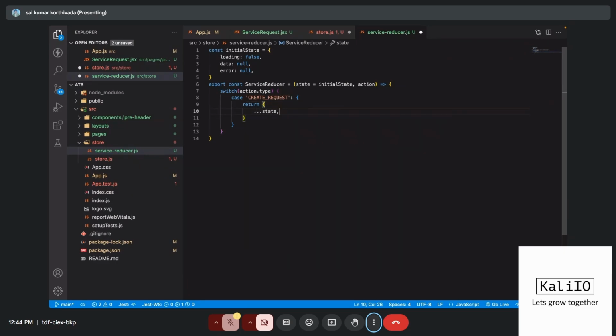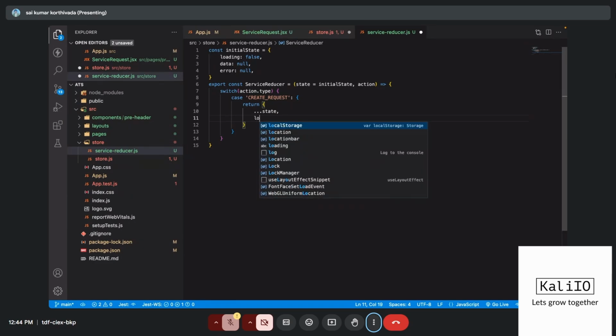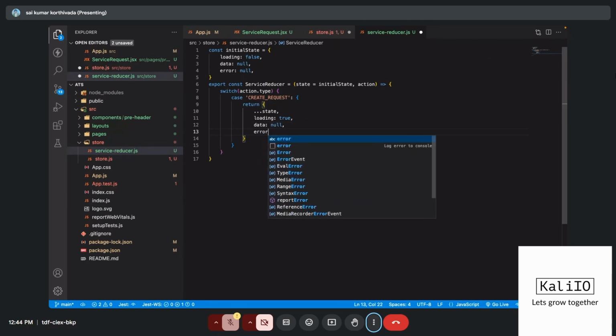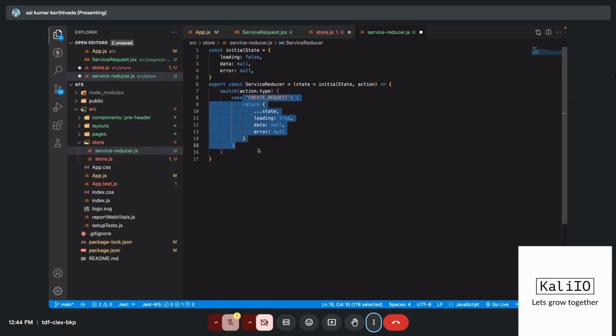state, and whenever I started my request to create, then my loading will be true because it is in progress. By that time, data will be null and error will be null. So this is my request state. That means it just started to save my data into the database. Once the saving is done, we will get a response. That means create